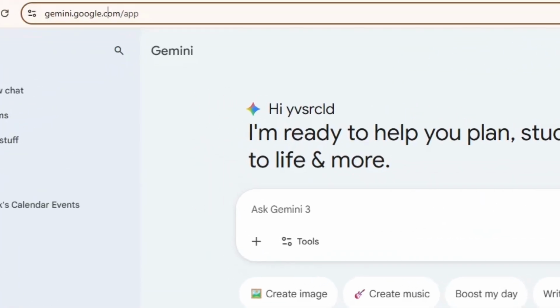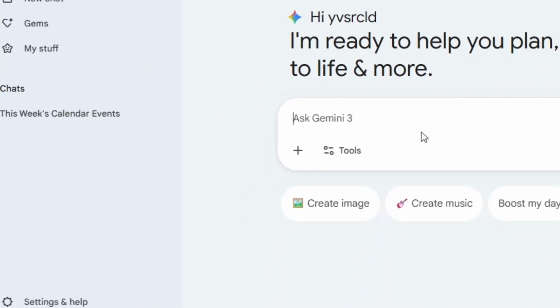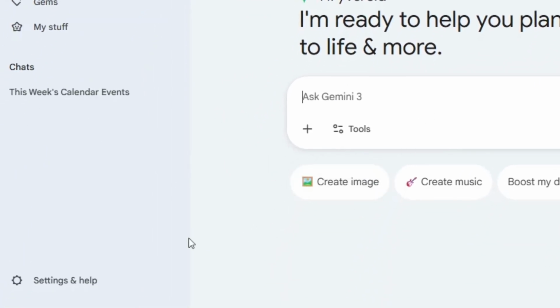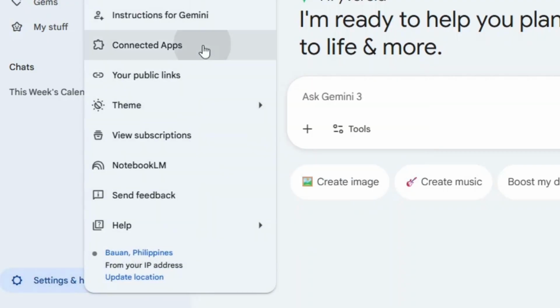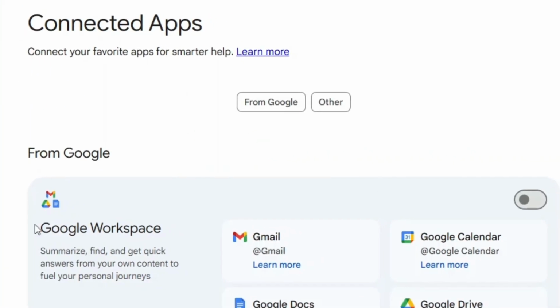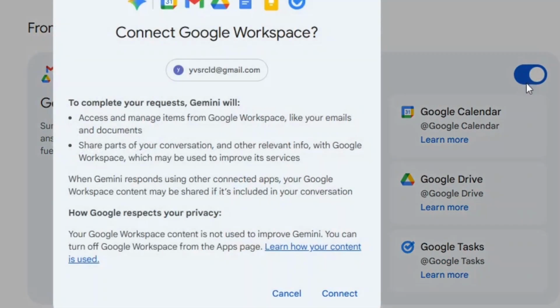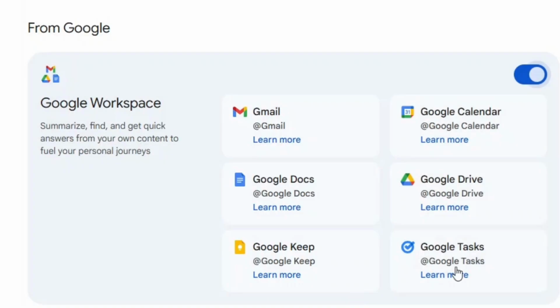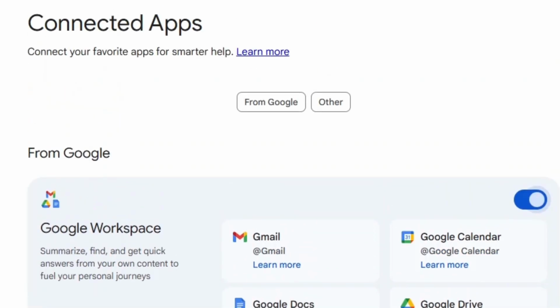Open gemini.google.com. In the bottom left, click Settings and Help, then Connected Apps. Find Google Workspace and turn it on. Follow any prompts that come up, and once it's connected, you'll see Gmail, Docs, Drive, Calendar, and more all listed